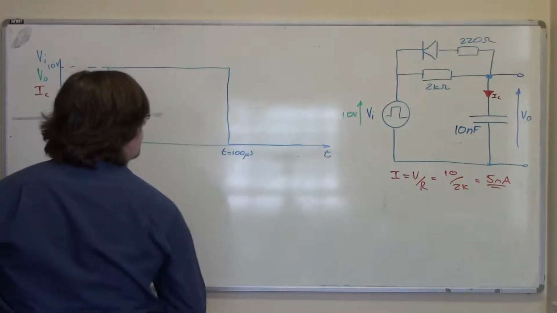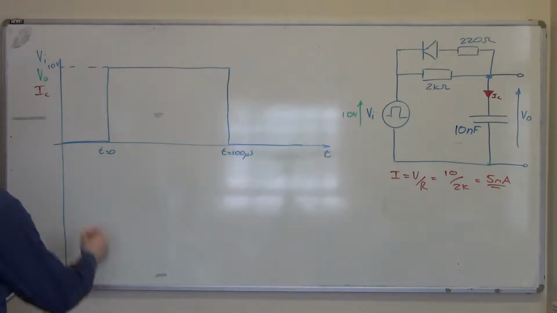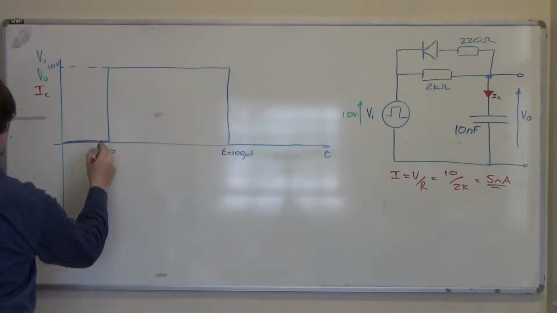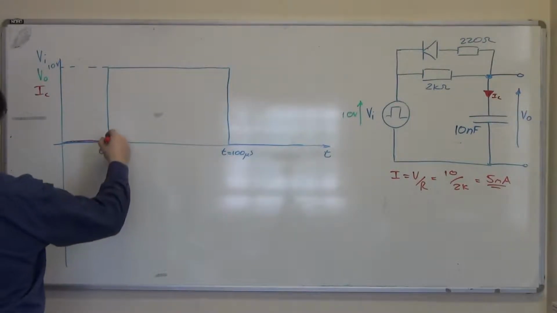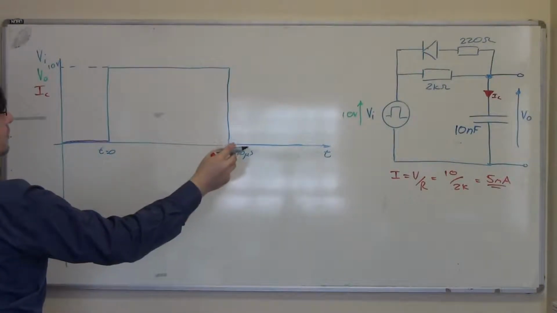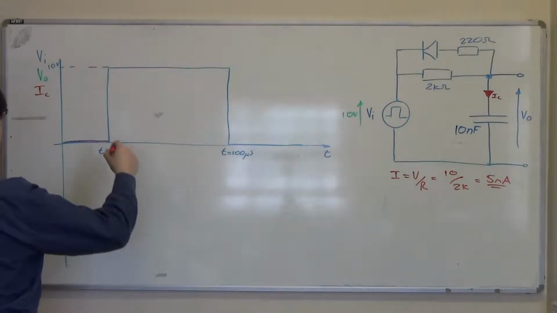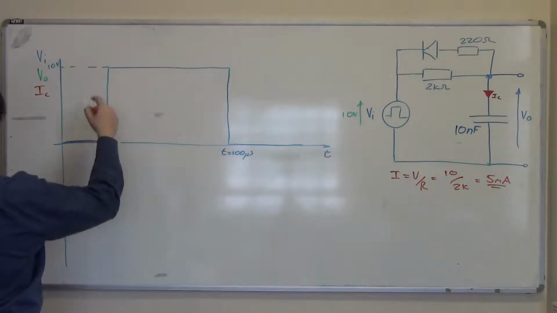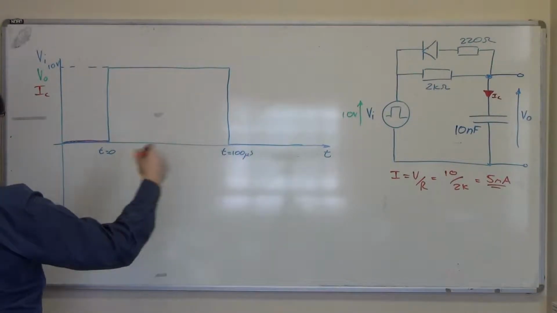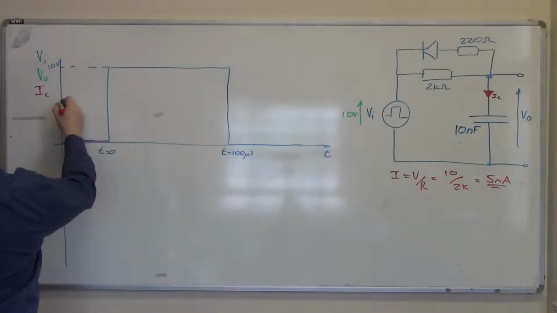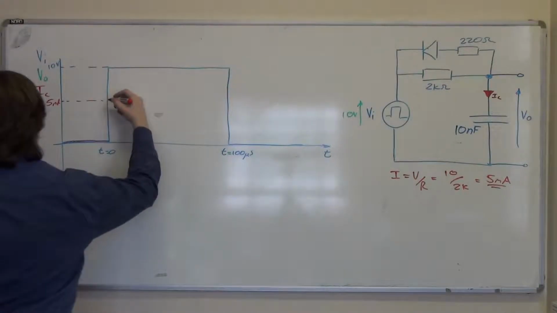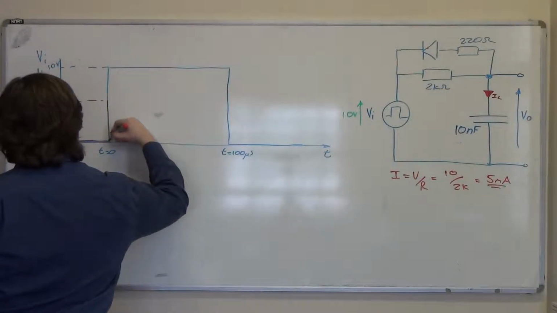So, as far as current goes, we'll have nothing, because nothing's happening, and the pulse will come on, and the capacitor will start to charge through the 2K resistor, and the peak current, which will occur on the edge, because that's where the biggest voltage is, because the capacitor is initially discharged, will have 5 milliamps. So we'll have a line just there,